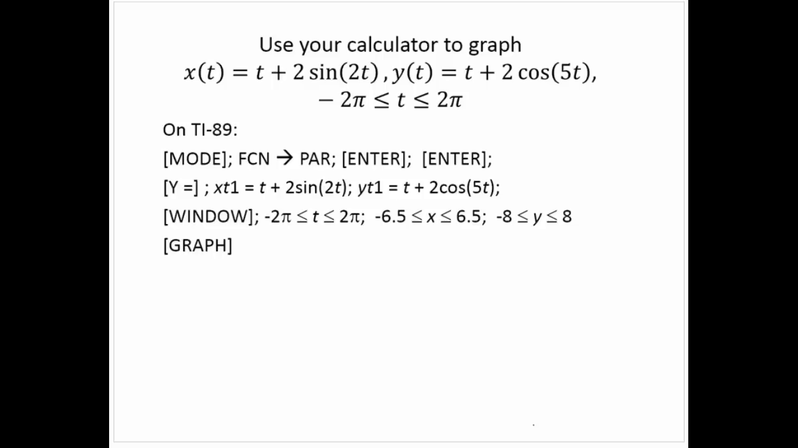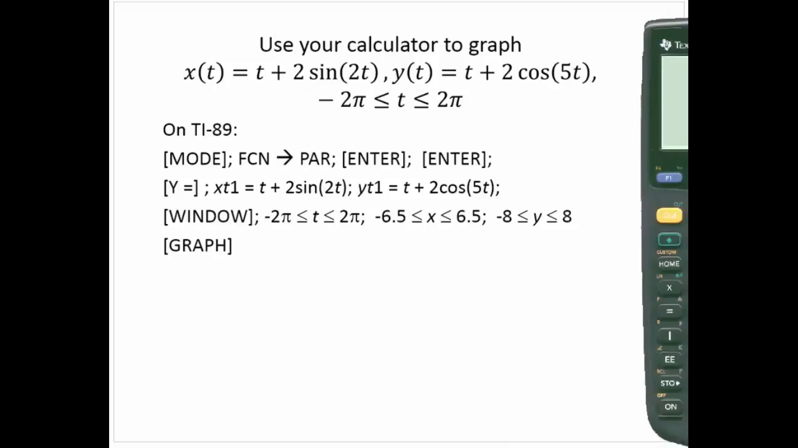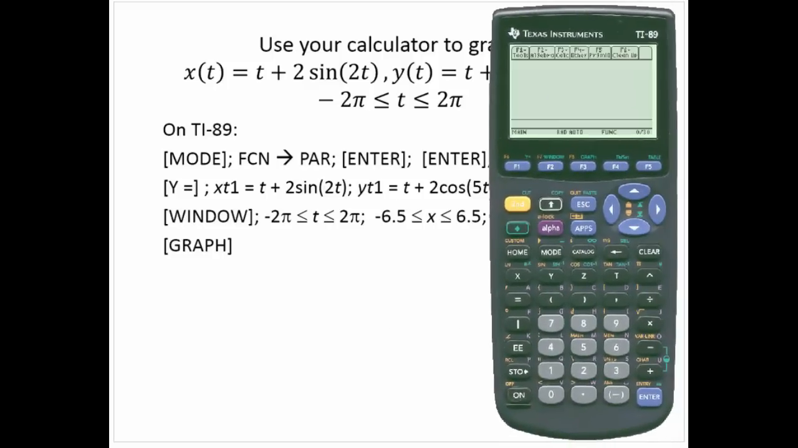We're going to sketch the curve x is t plus 2 sine 2t, and y is t plus 2 cosine 5t over negative 2 pi to 2 pi. All right, so on the calculator, what we'll do is turn it on, of course, and you have to go into the mode. So hit the mode key. And what we want to do is change, right there on graph, it's in function mode. Press to the right, and we have our choices, and we'll switch over to parametric mode. We hit enter to save to parametric, and then we have to hit one more time to save that we've